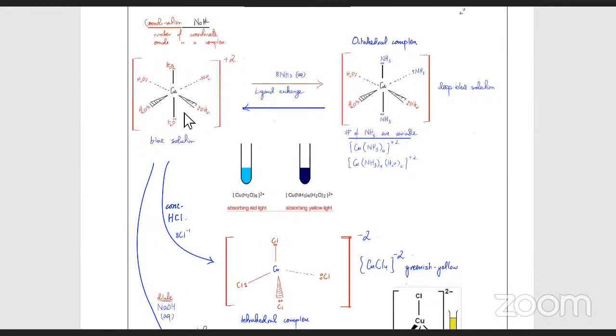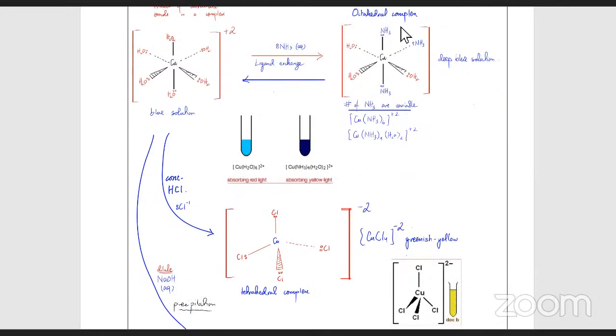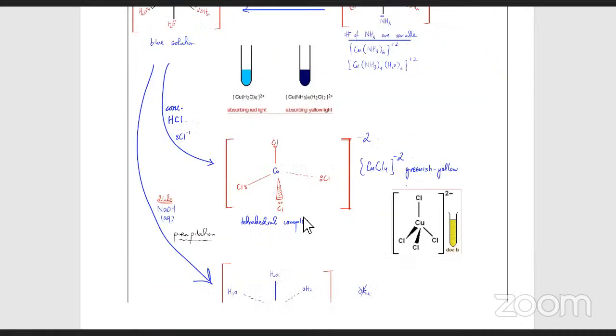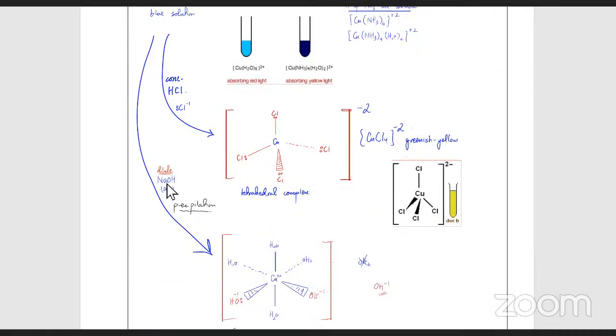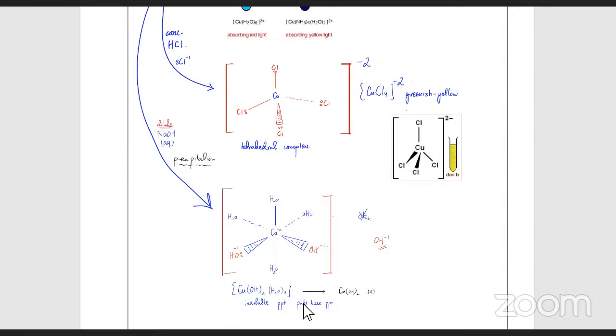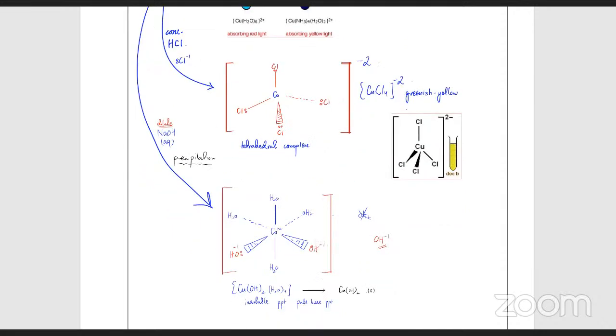you have it's surrounded by water. You add NH3, it gets surrounded by NH3. That's uske color changes. You have to remember that. Concentrated HCl, it forms a tetrahedral complex CuCl4 2 minus. You add NaOH, it forms a precipitate of hydroxide. Cobalt had exactly the same. It had exactly the same